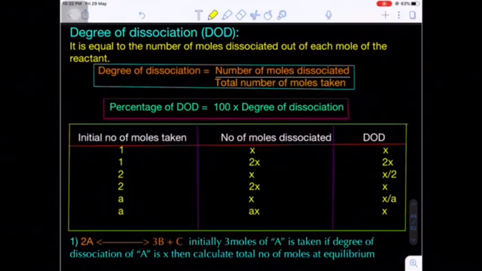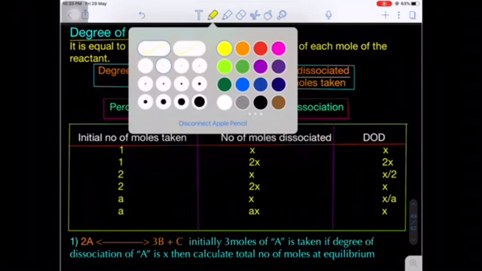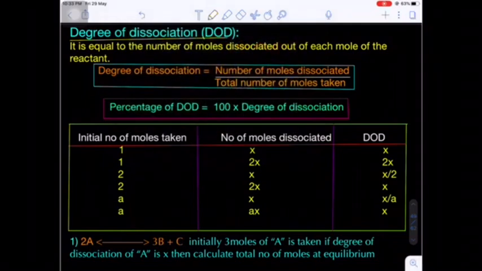A very important topic in chemical equilibrium is the degree of dissociation. In short notation, it is also known as DOD, degree of dissociation. It is a very important concept even in ionic equilibrium also. Most students have a lot of confusion when they are solving problems dealing with the degree of dissociation. Now we will see what the degree of dissociation is and how to solve the numericals when the degree of dissociation data is given.